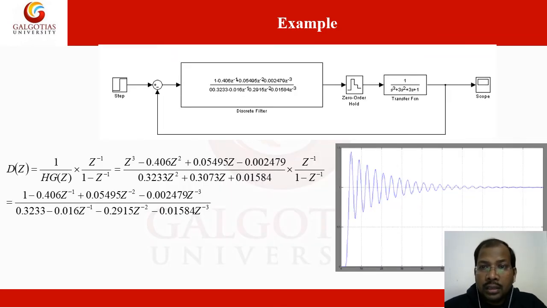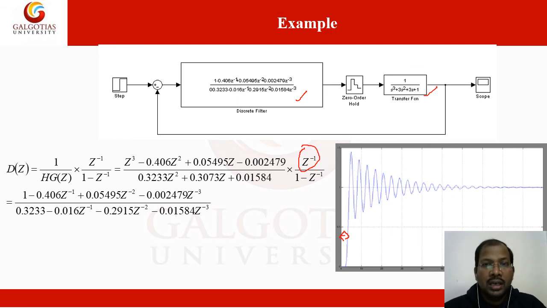Similarly for the third order transfer function, we again get the same response with large oscillations. So we have to design the dead beat. For each example, first order, second order and third order, we are considering 1 unit delay, one sample instant as the delay. So we get the same delay. In this way we can increase or decrease the dead beat response of the system based on the discrete filter or discrete controller Dz.